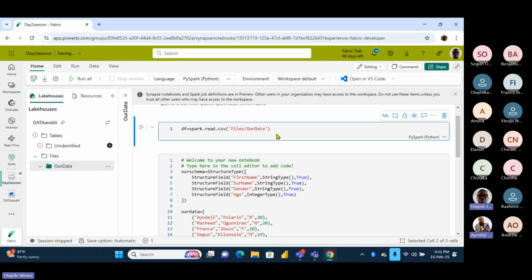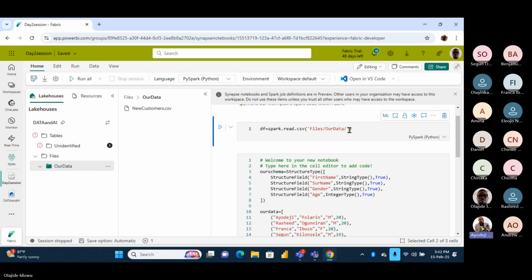Yeah, I've seen it. Our data, slash again. The name. Expand that our data. Let me see the name you call it. New customer.csv. N capital, customer capital. No, that's not customer. New customers.csv. Now, that is that. Please, after the quotes, before the bracket close, press comma.